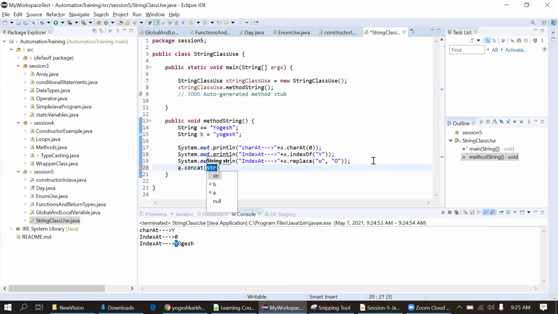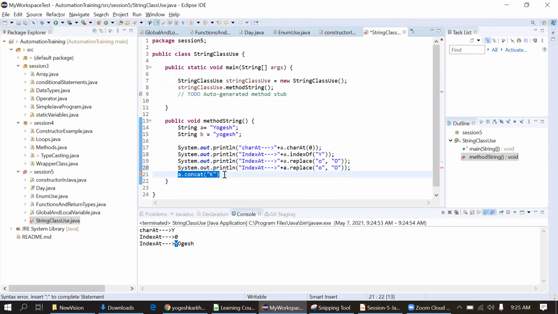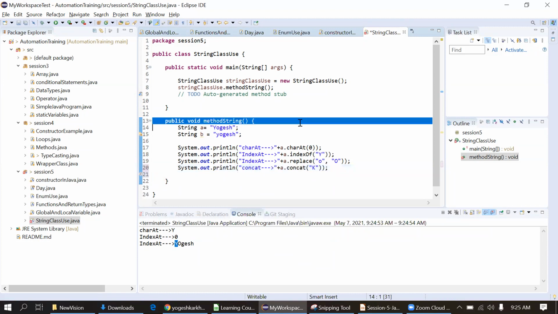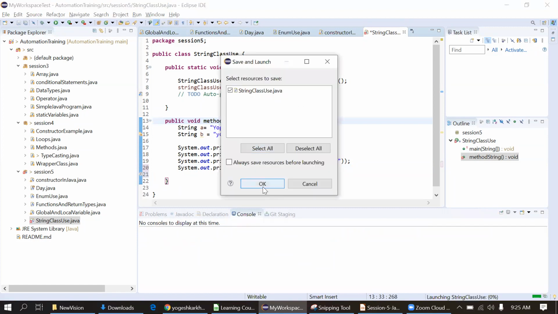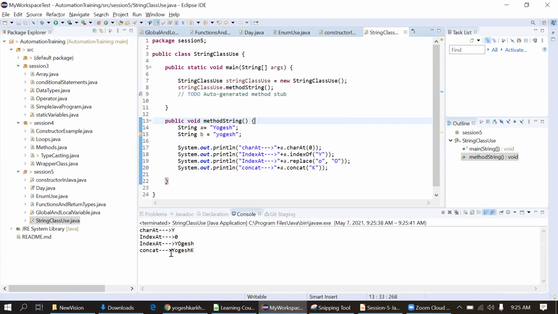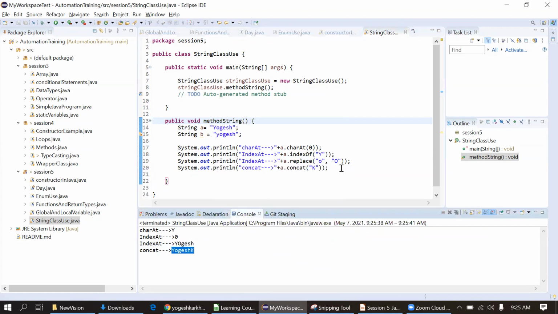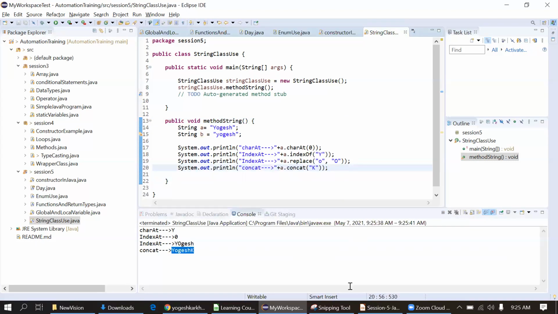If you want to append a different string to Yogesh, I'll put K here and execute. You can see it's Yogesh K now. So concat is used to append the string.